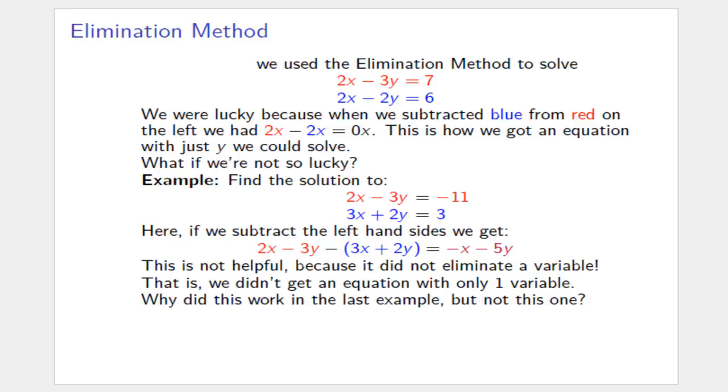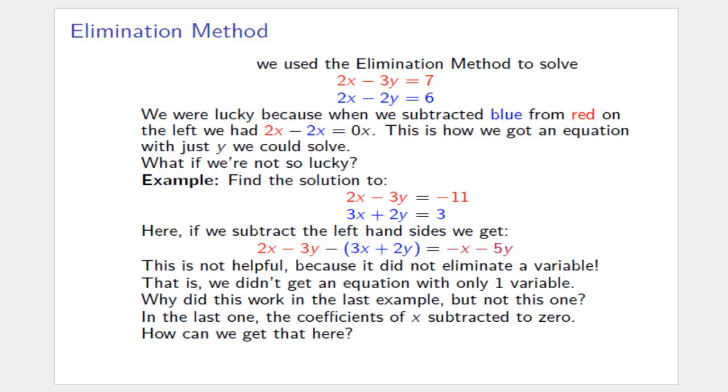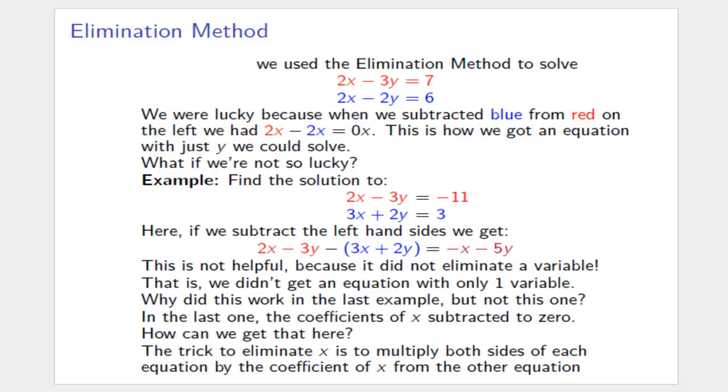Why did this work in the last example, but not this one? Well, in the last example, the coefficients of x were the same, so they subtracted to 0. How can we get that here? The trick to eliminate x is to multiply both sides of each equation by the coefficient of x from the other equation. In this example, we would multiply the top equation by 3, and we would multiply the bottom equation